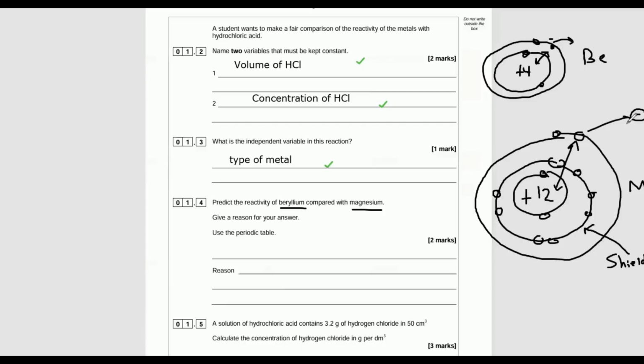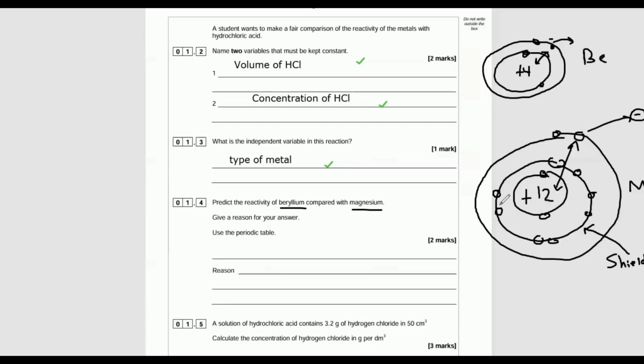And it's because it's easier for them to lose electrons, which is what metals try to do. And metals always try to get oxidized. They try to lose electrons to become positive, so that they can get a full outer shell. And it's always easier as you go down the group because the atoms get bigger, they have more shells, some